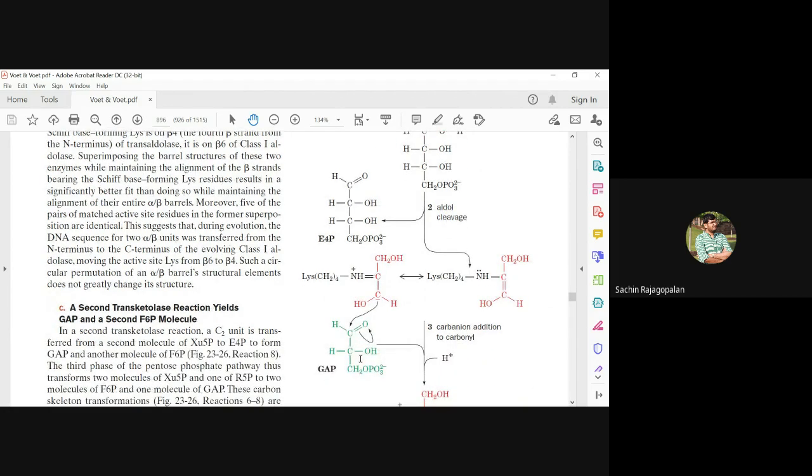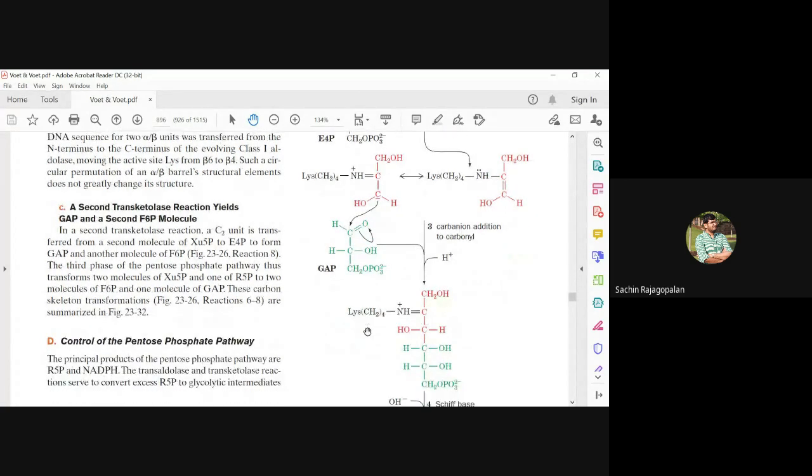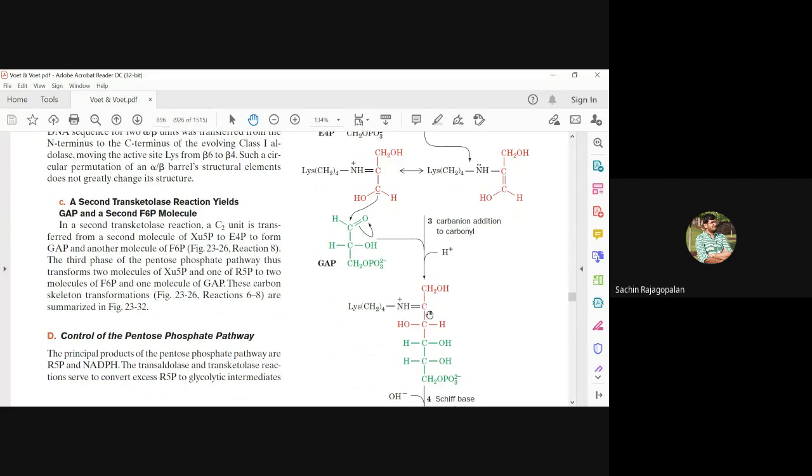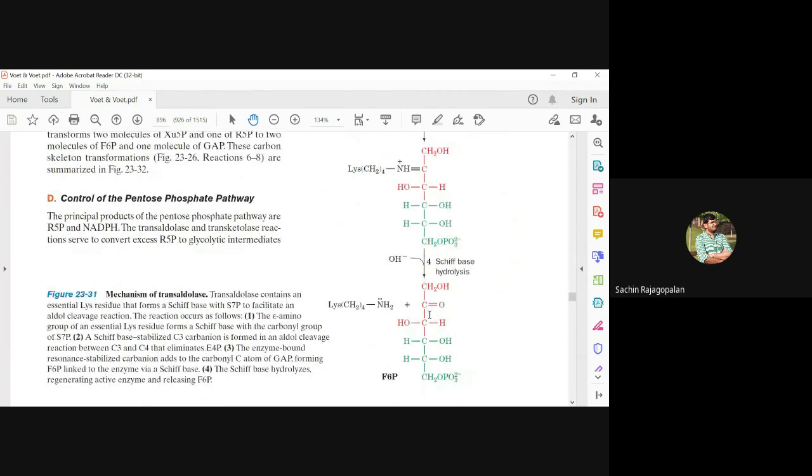I will add or take up a proton such that this C double bond O can be converted into a hydroxyl group, such that now I have a 6 carbon compound. Now to let the enzyme free and release the compound here, I have to hydrolyze the Schiff's base, for which I will return the hydroxyl group which was added earlier. So there will be a hydrogen given to the amino group and an oxygen given to the carbon, such that fructose 6 phosphate is released and the enzyme is also set free.